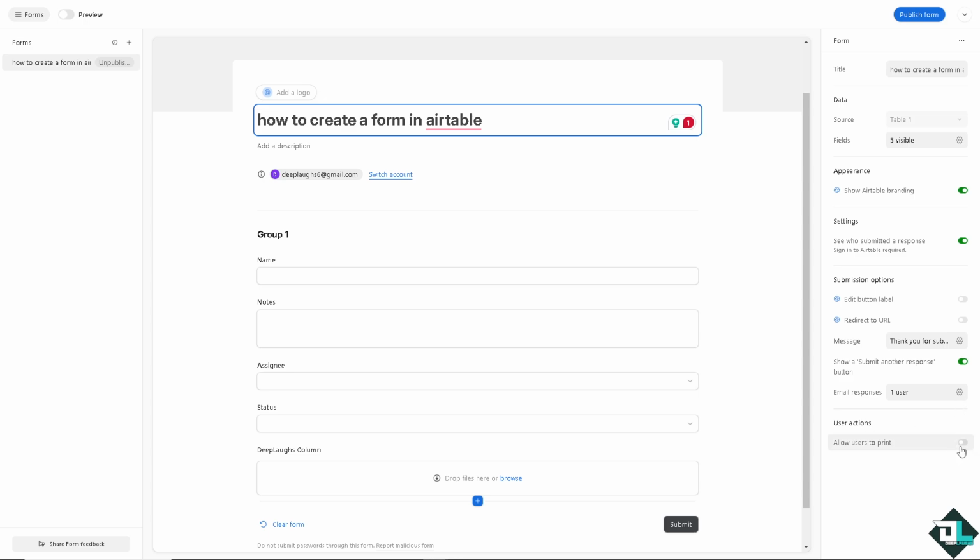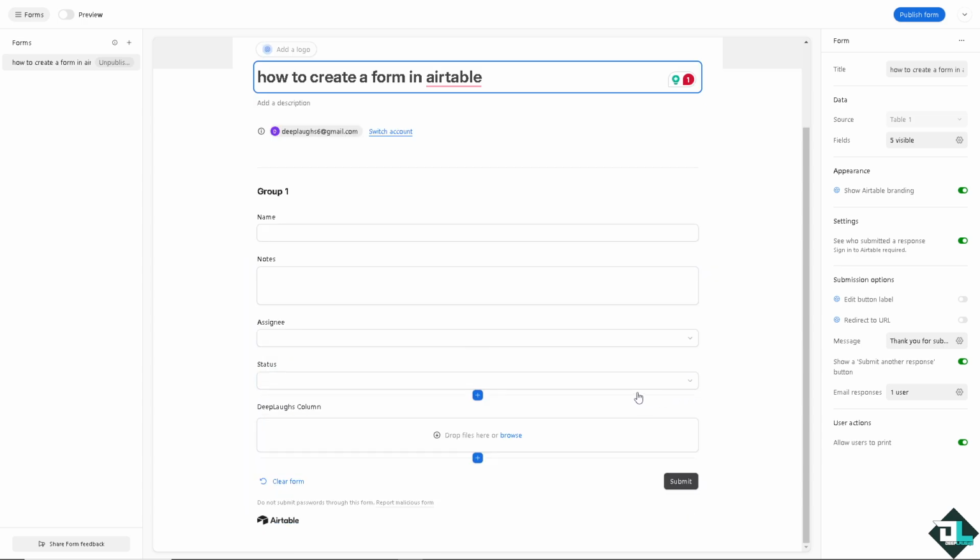You can also have the user actions wherein if you slot this you can allow users to print the form. All right, this is very helpful if they wanted to have a backup data for audit and keeping track of the documents, because forms provide a structured way to collect data, ensuring that all necessary information is captured in a consistent format. Once you are happy with that, all you have to do is click on submit here